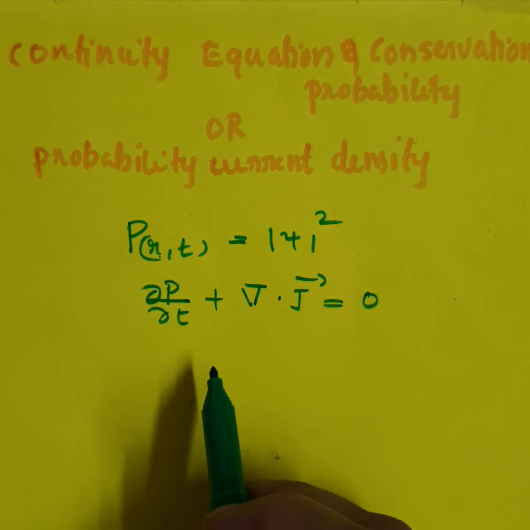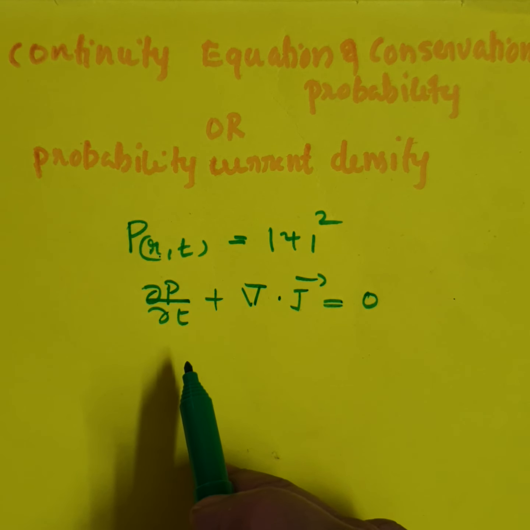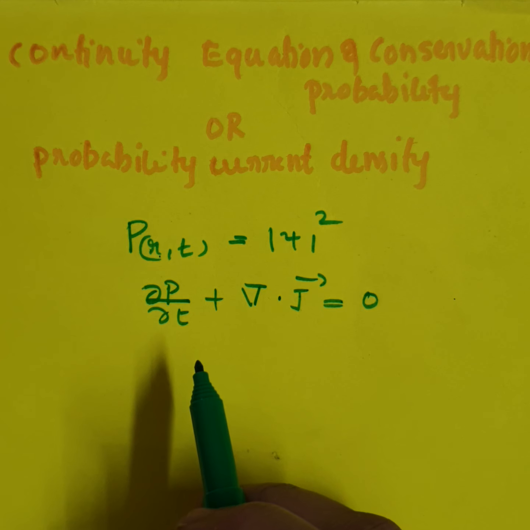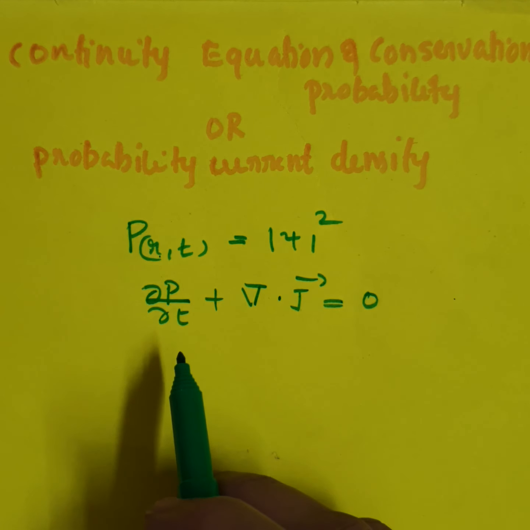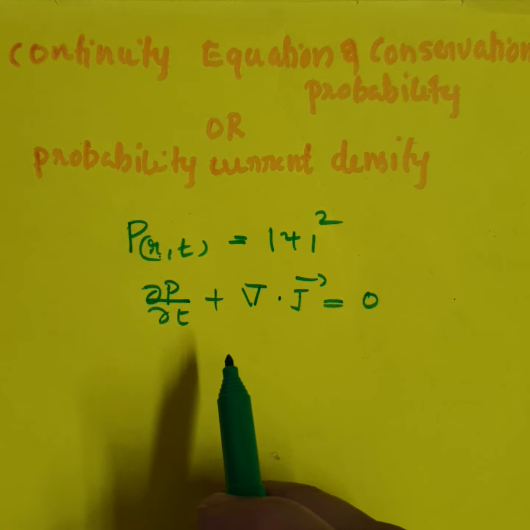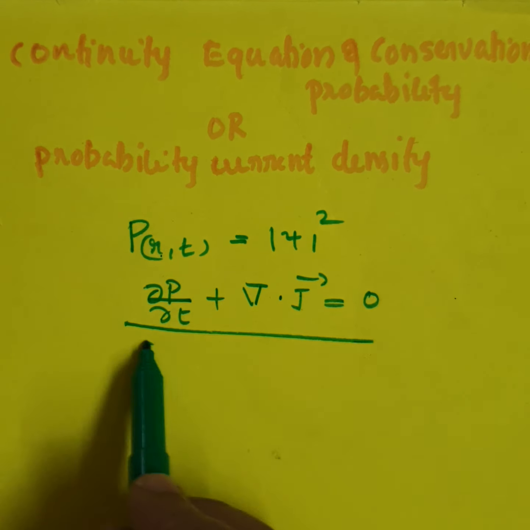This equation is called the continuity equation because it has the same form as in the case of conservation of matter in hydrodynamics, and also the conservation of charge in electrodynamics. Hence it is called the continuity equation. This equation can be proved with the help of Schrodinger's equation, so from the Schrodinger's equation,